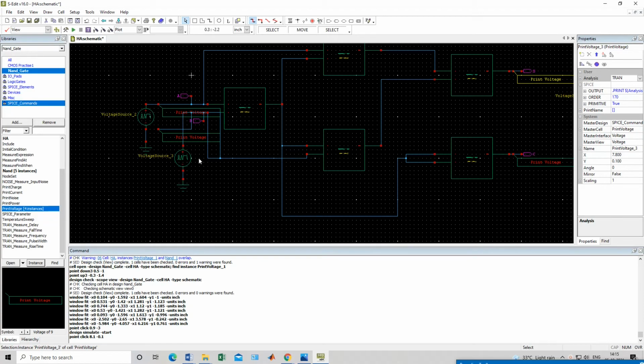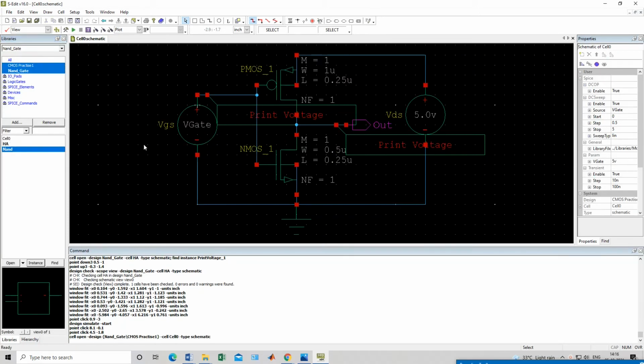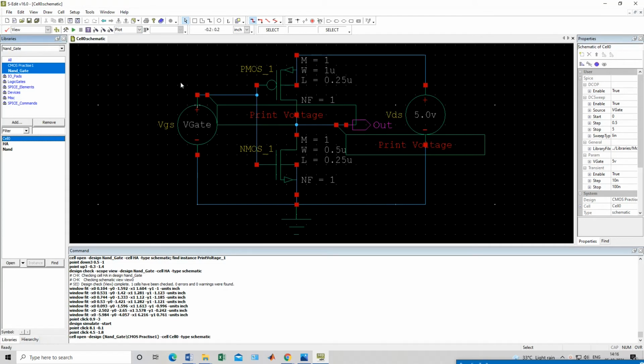You have to use this circuit to construct any different circuit, one CMOS cell. I have previously constructed CMOS practice 1, and its cell is cell 0. You can see, I will open this cell 0. If I want to use this cell 0 in my half adder, just take it as an example.